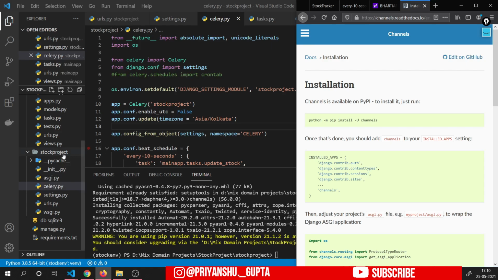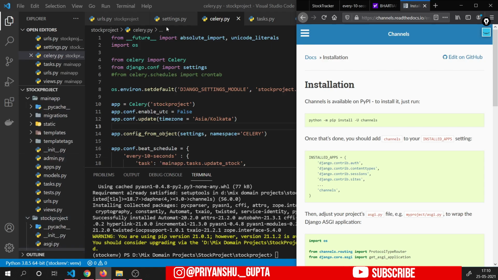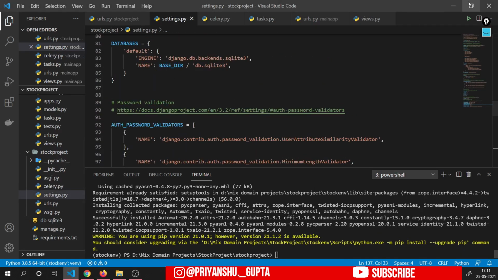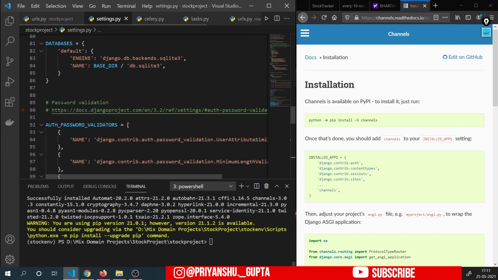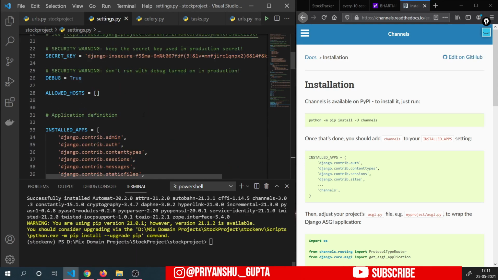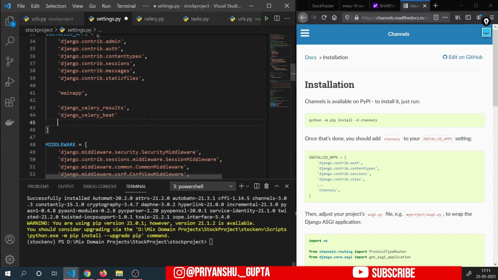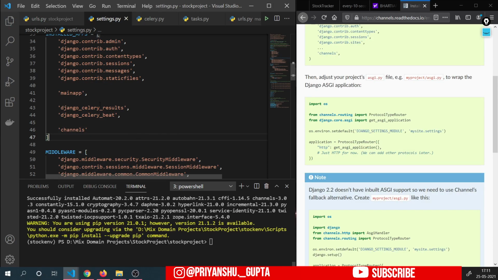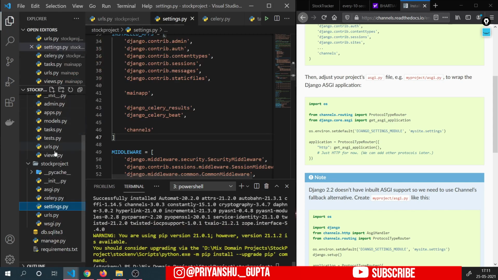And then we will have to add channels inside our installed apps. So installed apps, and let's minimize this. So here we are, installed apps. We will have to add channels here.